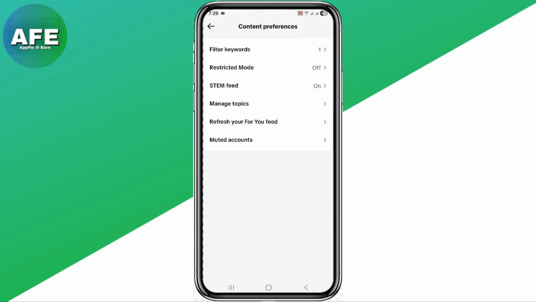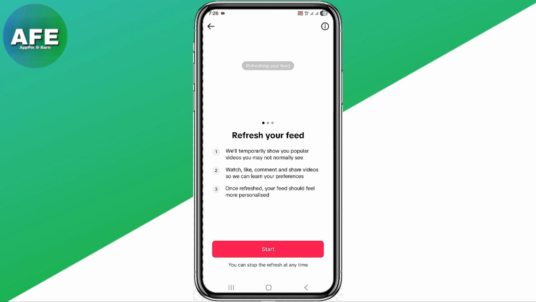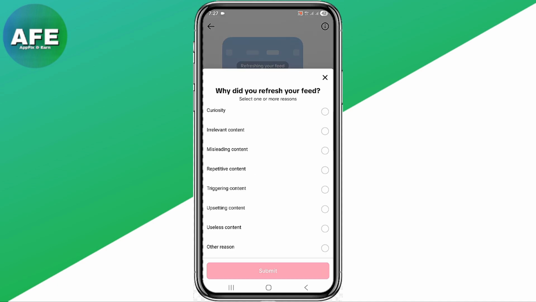Looking right here, you can see where it says refresh your For You feed. Clicking on it like this, you're going to see the option of stats. Clicking on that, you need to select the option that actually suits you based on the reason why you want to reset your For You feed. Clicking on any of them, say irrelevant content, and clicking on submit,